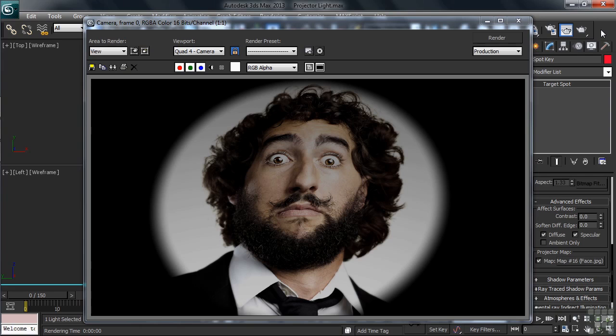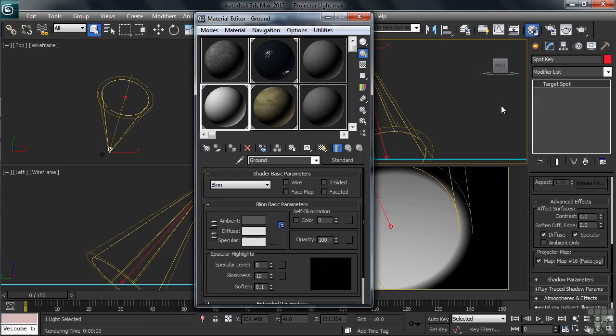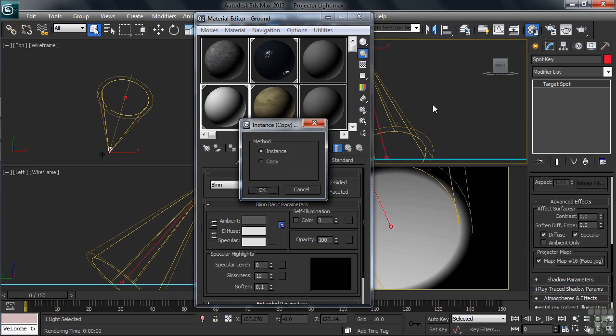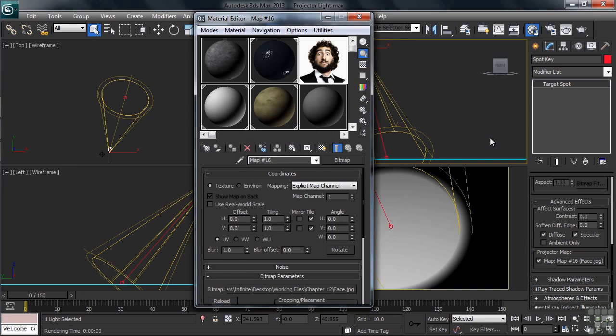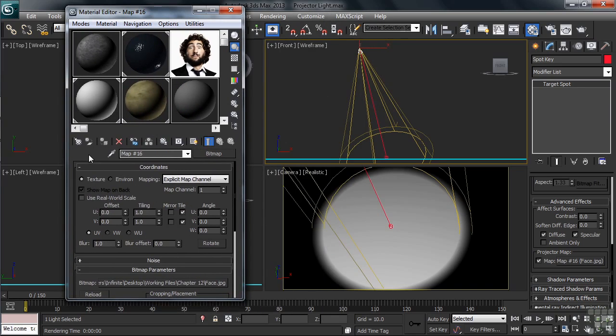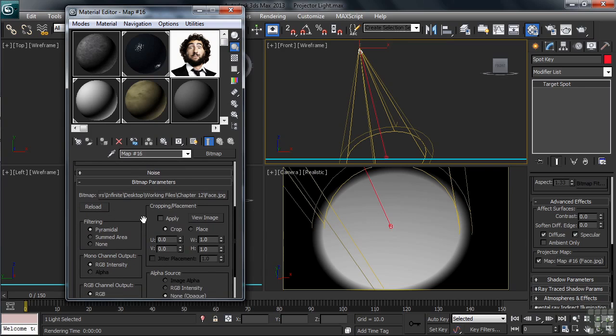Let's do this. We'll close the render, then reopen the material editor. Back in the Modify column, we'll locate our projector map named Face, and we'll drag it directly onto one of the clean sample slots in the editor. When we get it there, we'll reply Instance when asked to do so. This basically means that whatever changes we make to the image will reflect back into what we see in our projector light. To view our image, down in the Bitmap Parameters category, on the right-hand side, we'll click on View